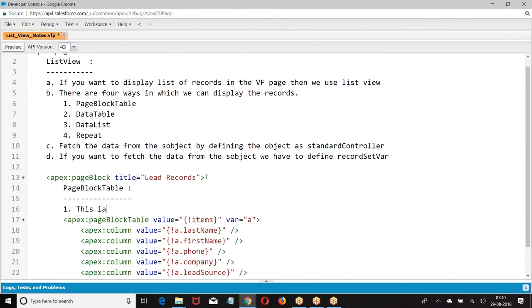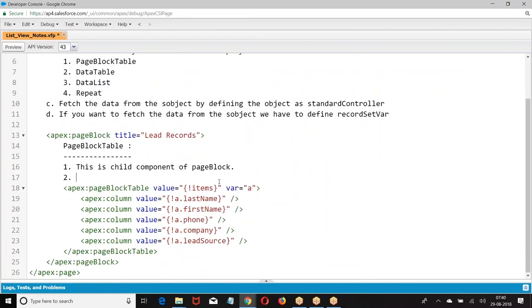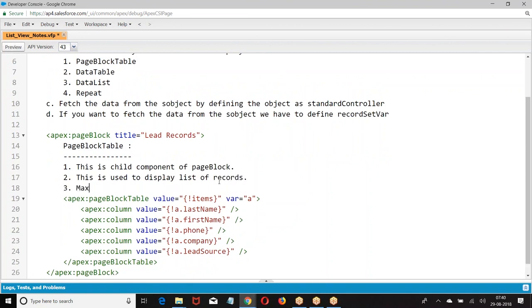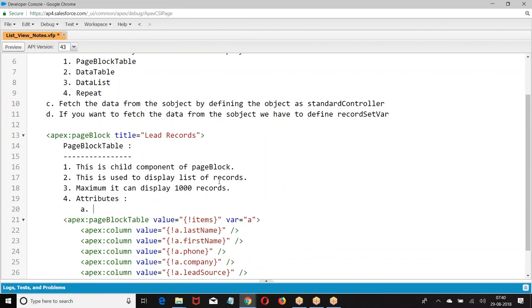This is a child component of... this is used to display... maximum it can display... attributes. First attribute value. This will refer to,